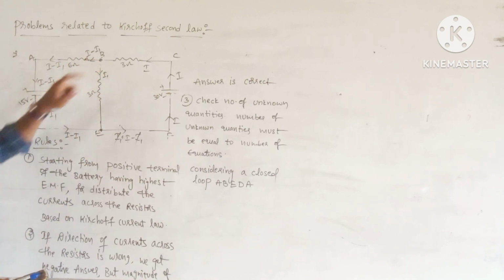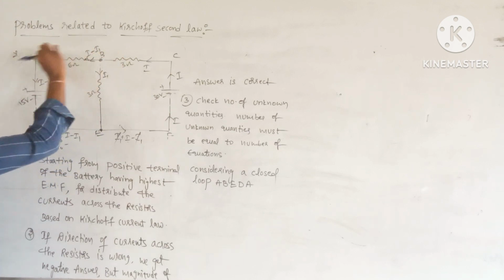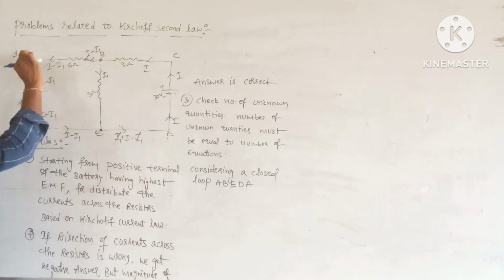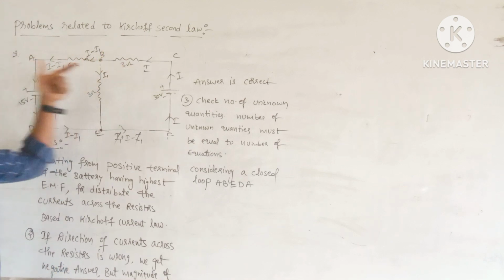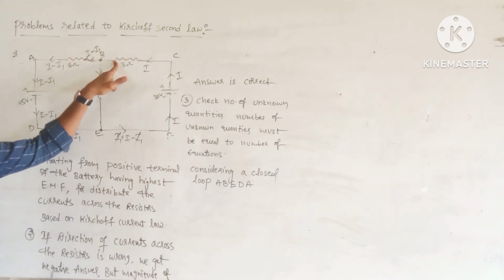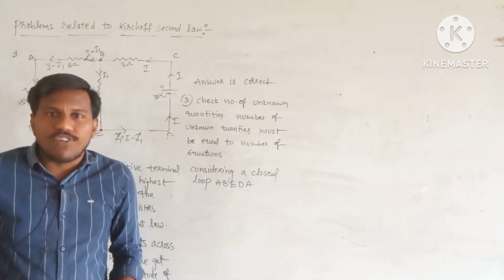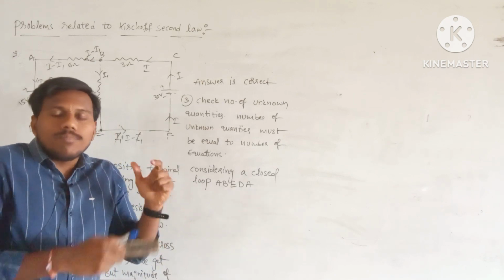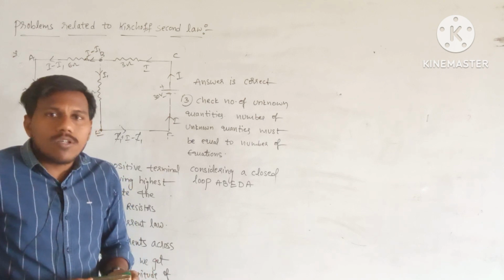So in the path AB, the current should be moving in this direction. So I minus I1 current passes through the 6 ohm resistor in this direction. We move in the path AB in this direction. It means here in the path AB, we move against the direction of flow of electric current. You know already, when we move against the direction of flow of electric current, at that time